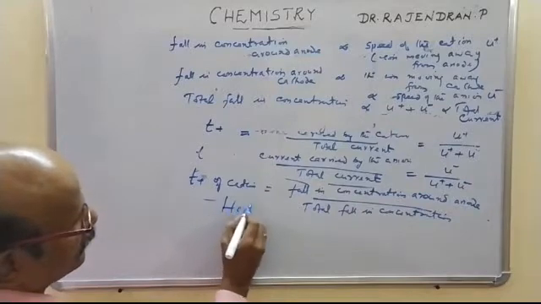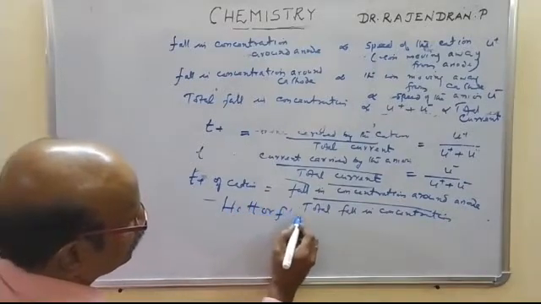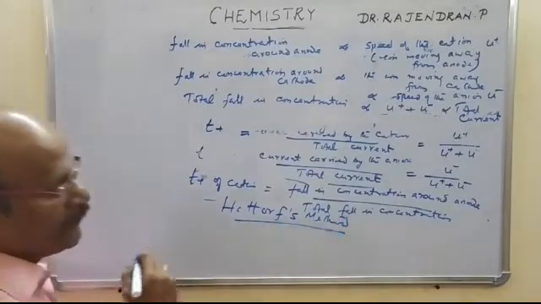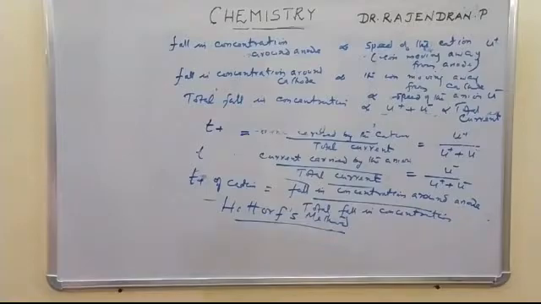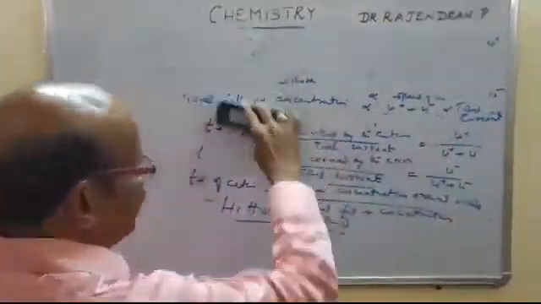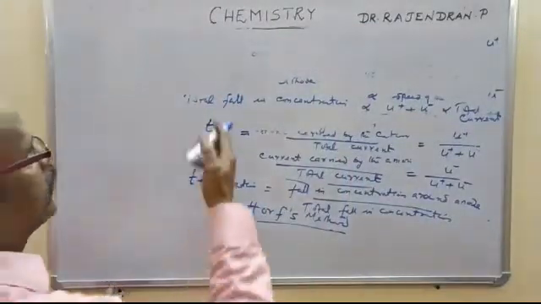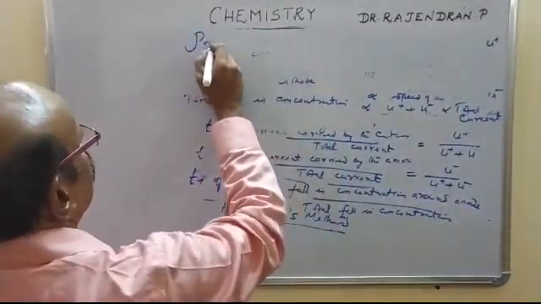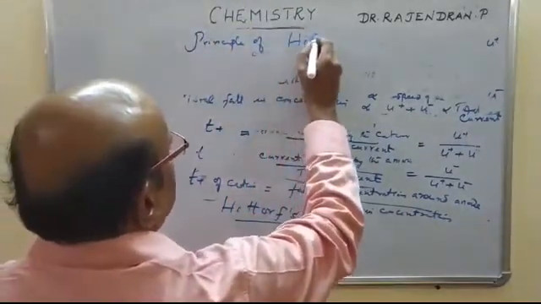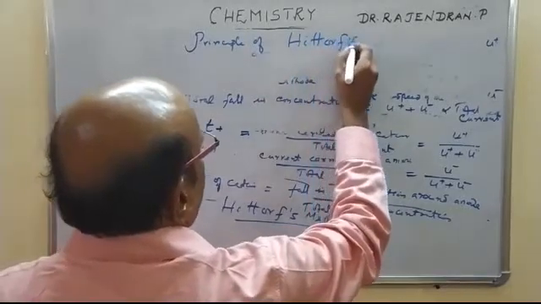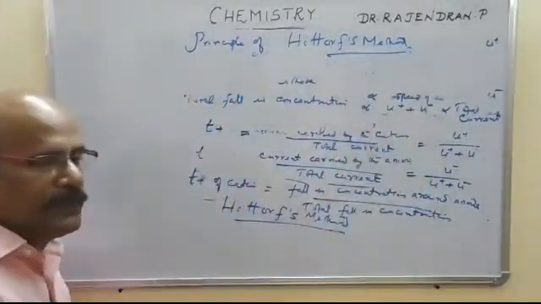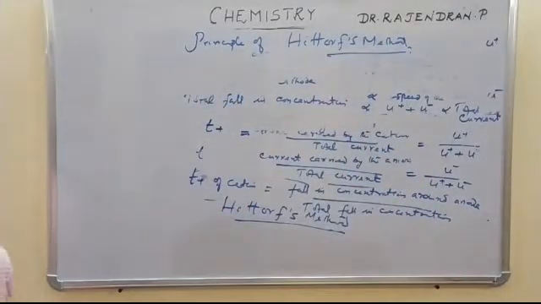Hittorf's method, H-I-T-T-O-R-F. Hittorf's method for the experimental determination of the transport number of an ion. So, the principle behind Hittorf's method for the determination of the transport number of an ion depends on this fact, that is,